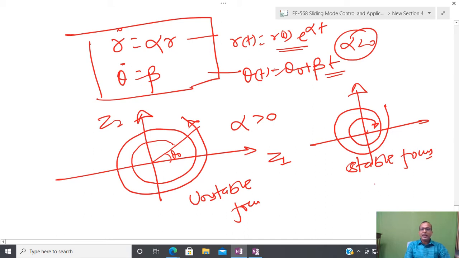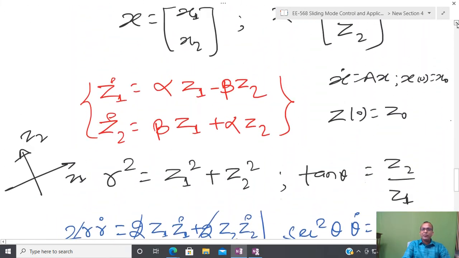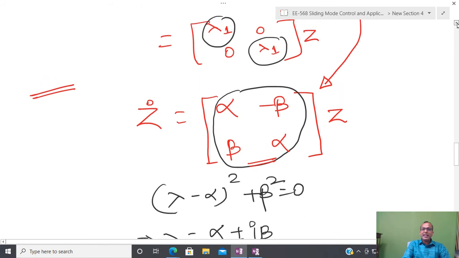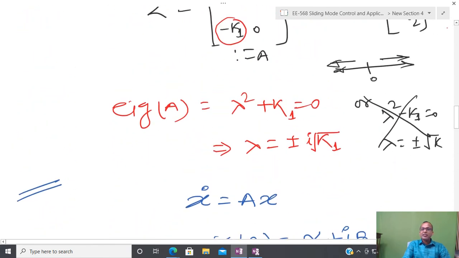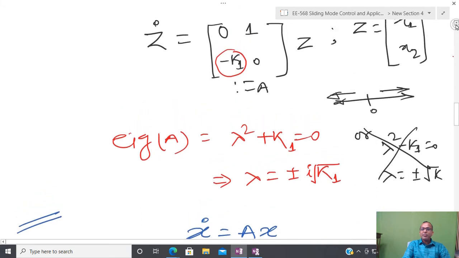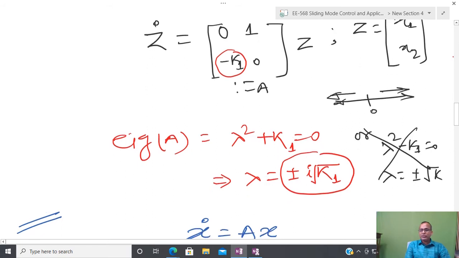No. Okay. Now try to see the situation when alpha equal to 0. Why am I talking about that situation? Because you try to see our original problem now. If I have just information of x1, and at that time I have designed k1 x1, then I have alpha equal to 0. Only I have the imaginary part. So try to see the behavior when alpha equal to 0.